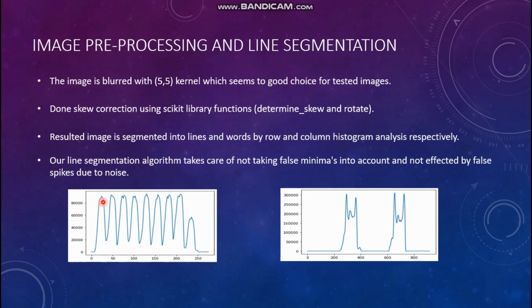In the first plot you can observe that there are minimas even at the top of the peaks. It is because of some noise in the image. So these minima shouldn't be stored, and in this plot, if you see here, there is a minima at the bottom of the peak. So if we store this index, what will happen is the whole line won't be covered and some ending Vattugununtham characters may be missed. So to cover that too, we have actually considered a radius of some particular length, which in our algorithm we've taken to be roughly the height of the line divided by 20.